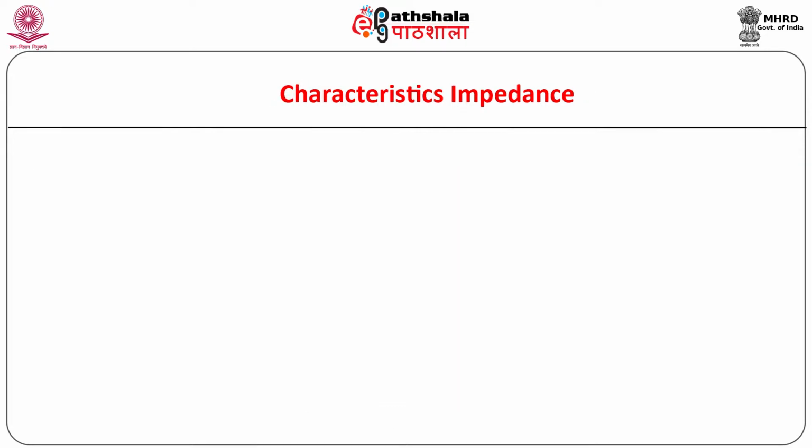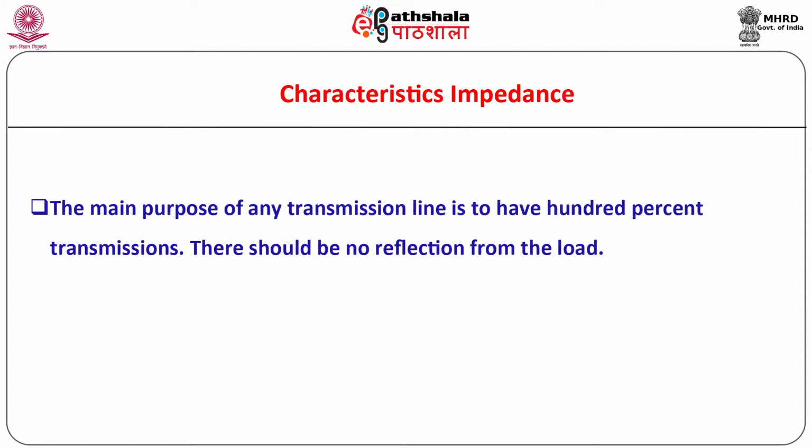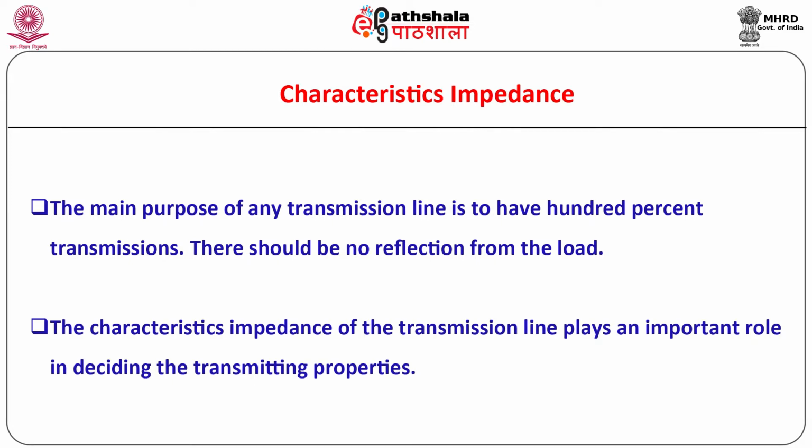So far, we have discussed types of transmission media, transmission line parameters, and some other elementary aspects related to transmission lines. The main purpose of any transmission line is to have 100% transmission. There should be no reflection from the load. However, to fulfill this requirement, there are some problems. For getting answers to the question of what the problems are, we must know about the term impedance of a transmission line. Let us consider a system of two parallel conducting wires, which is commonly used for transmission of energy at